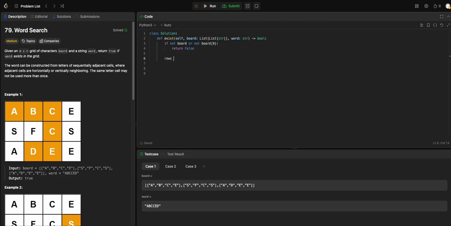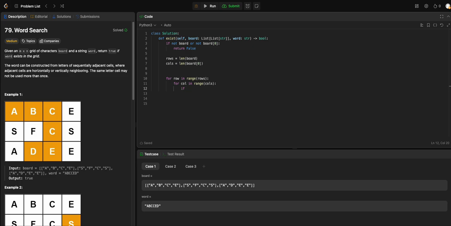So the length of rows is equal to the length of board, and then the columns is going to be the length of a row. Now for a row in range rows and for column in range columns,